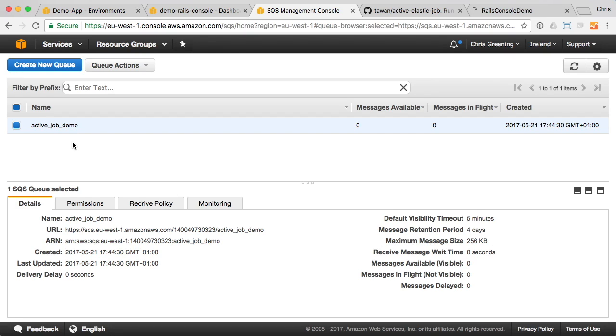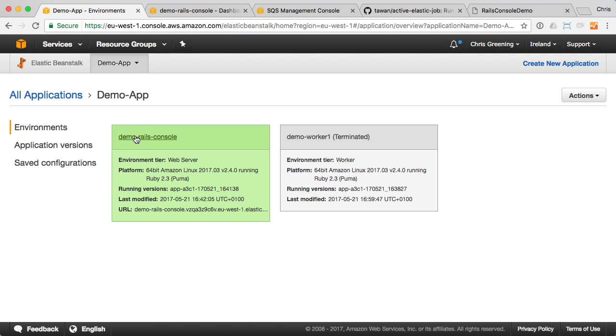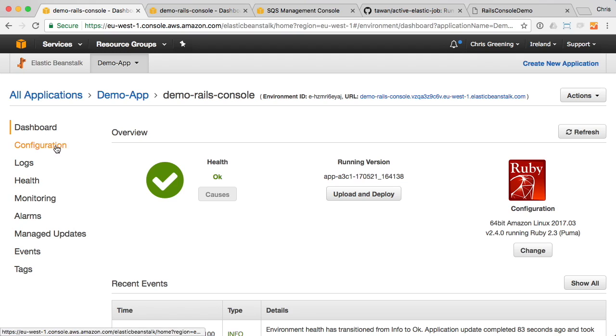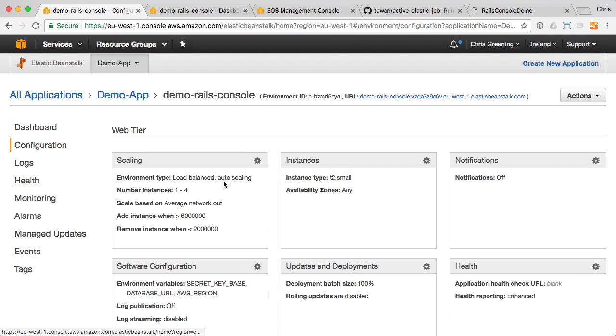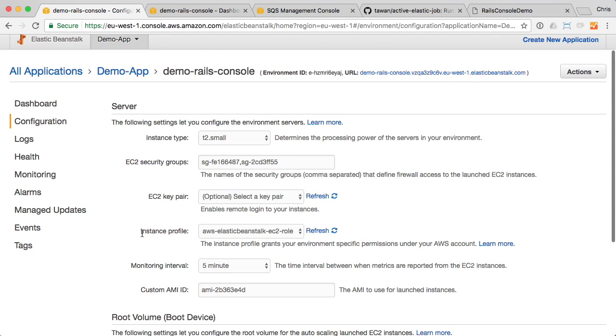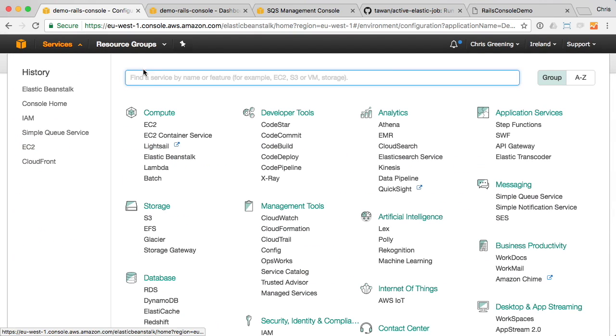We now need to go to the IAM portal and make sure our Elastic Beanstalk has access to this queue. So first of all, we'll go to our environment. We'll check the configuration, go to instances, and check the instance profile that is being used. So I'm using the AWS Elastic Beanstalk EC2 role. So if we now go to services, go to the IAM console,